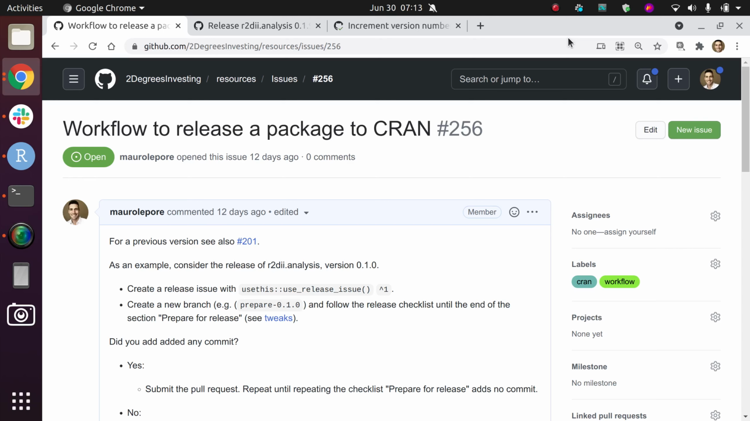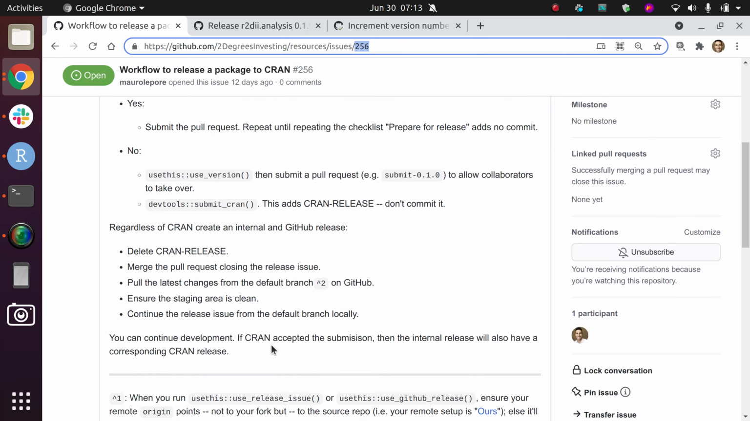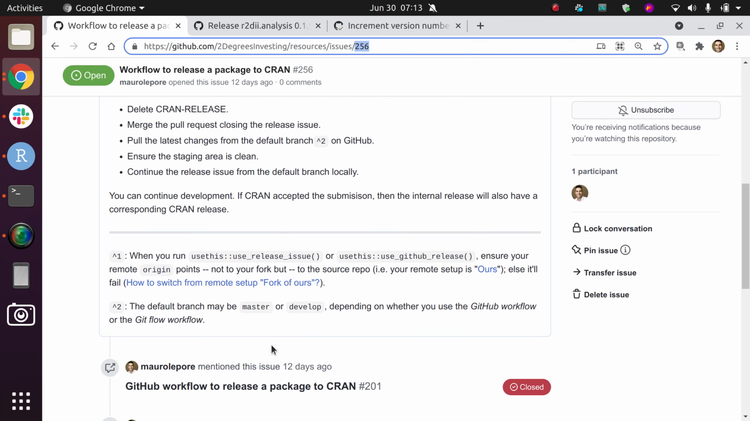In this video, I would like to talk about the workflow that we use to release the package to CRAN, and in particular about the last step, that is, what do you do after the package has been actually released. So this issue in the organization 2 Degrees Investing on GitHub, in particular in the repo resources, the issue number 256, explains all the steps that I usually follow, and in particular I'm going to be focusing on these